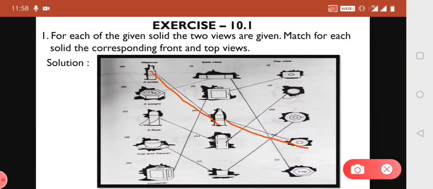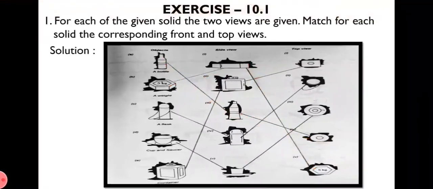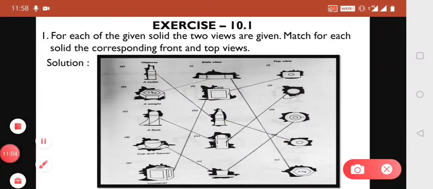Next, a nut is given. If you look at the nut from the front, because a nut is a hexagonal shape, we can only see 3 parts of it. So here you can match with the front view, and if we look from the top we can see the hexagonal shape with the circle in between. Here is the line of the hexagon. Then we have a water bottle. You can see the water bottle here as the front view, and from the top we can see only the cover of the bottle, the top opening part of the water bottle.